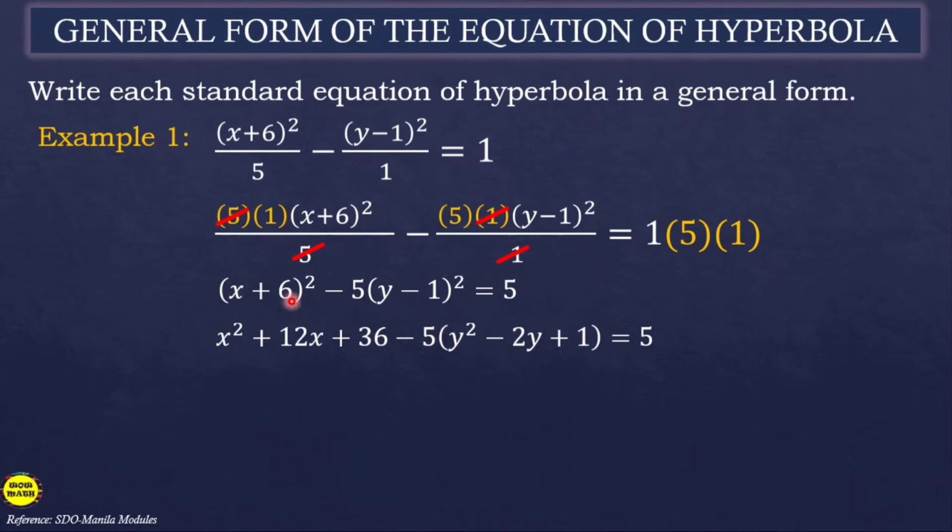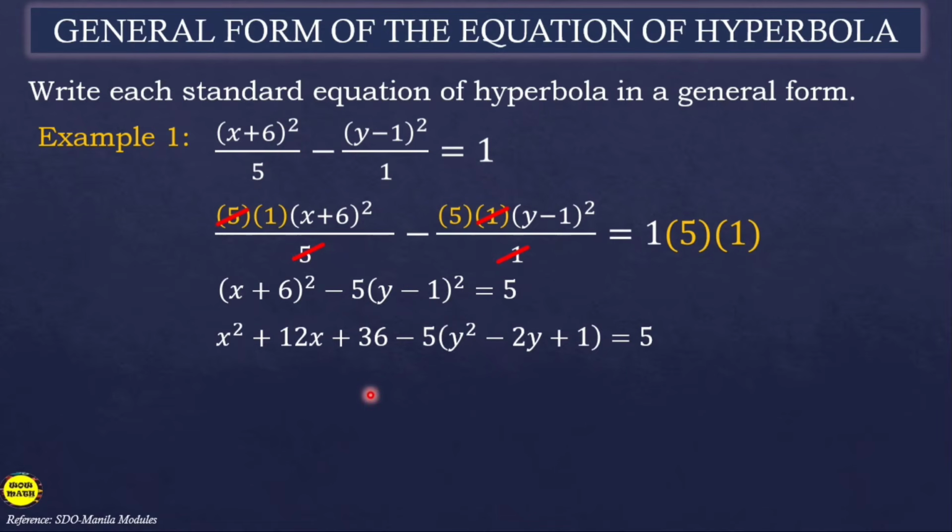So, expand natin ito. So, x times x, x squared. X times 6, 6x times 2. Laging i-multiply kay 2. That is 12x. 6 times 6, that is 36. Minus 5 times y. Ay no, so expand pa pala natin yung y minus 1 squared. So, y times y, that is y squared. Y times negative 1, that is negative y, times 2, negative 2y. Negative 1 times negative 1, that is positive 1, is equal to 5. And then,